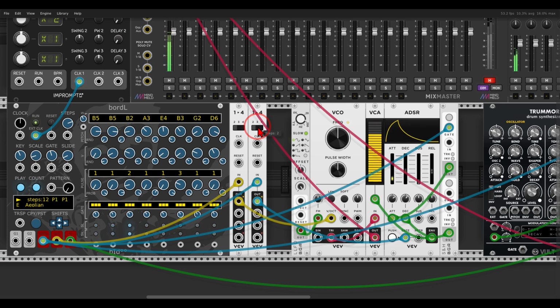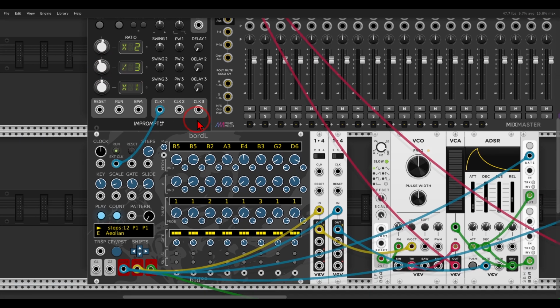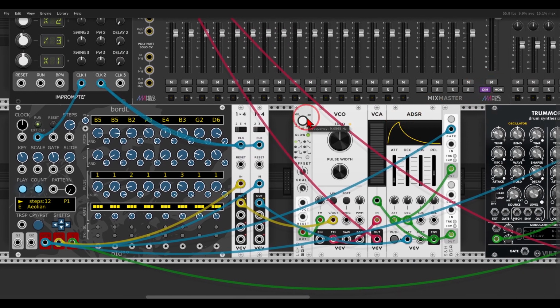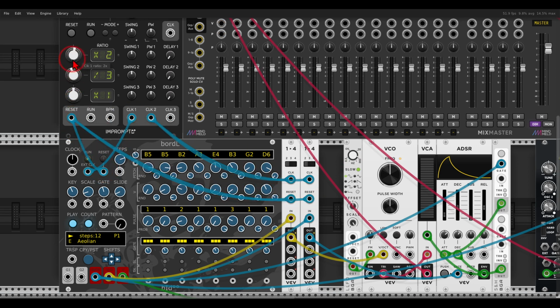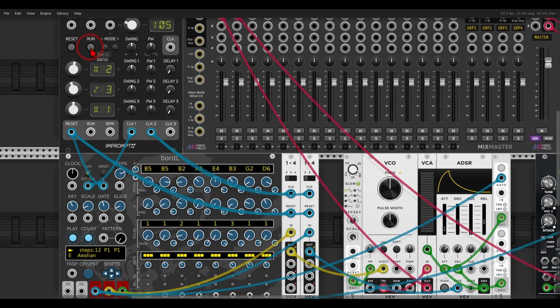And let's use a clock division, let's say of 3. So I will stop the clock. Right, set a division 1, 2, and 3. Right, this will go to the clock input of the sequential switches. Already I can unmute this. Right, let's use also the reset for everything, just so that everything is running together. Right, and now we can run the clock